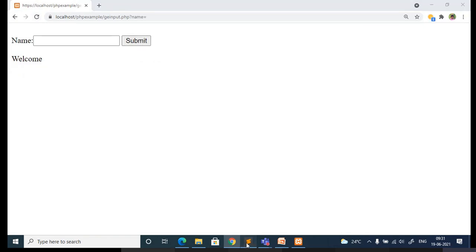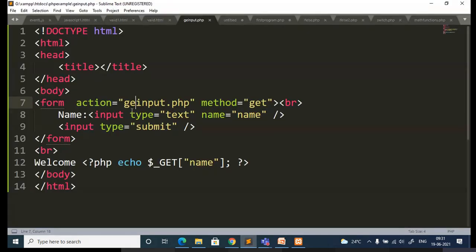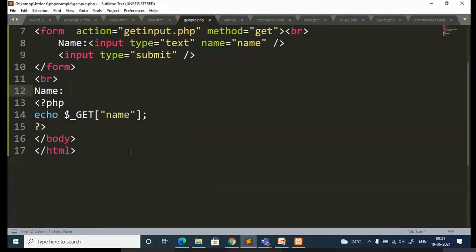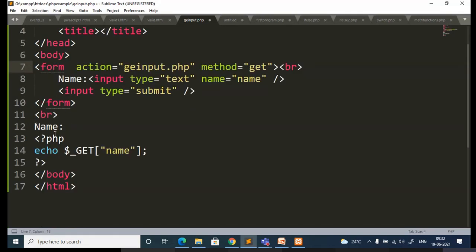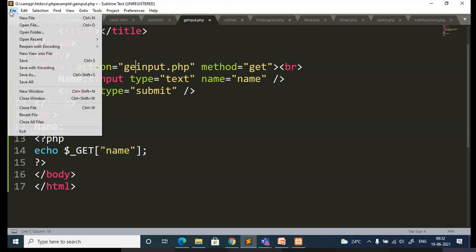Okay, so there was a mistake in the file name. Whatever the PHP file name, when I submit this data, let me change back to my code. The file name is missing here. Whatever PHP file name you have given, you have to specify the same thing here. When I submit this data, where should this data go? It should go to the PHP file and run that PHP file. So what does the PHP code contain? It contains this information. So let me quickly do this.